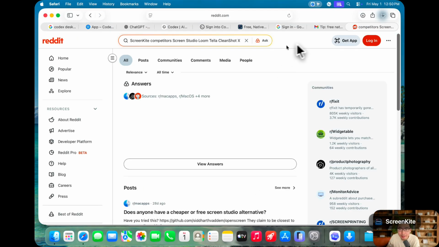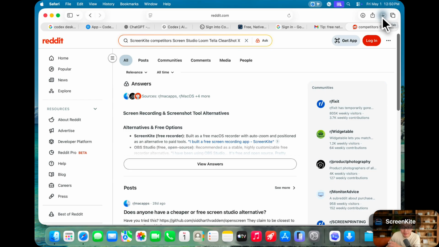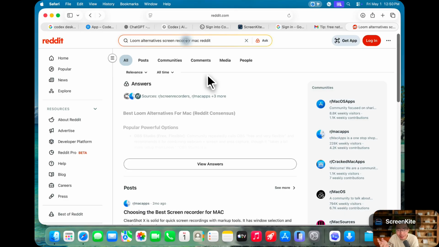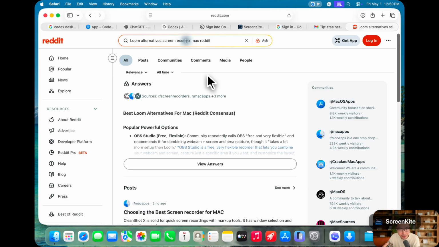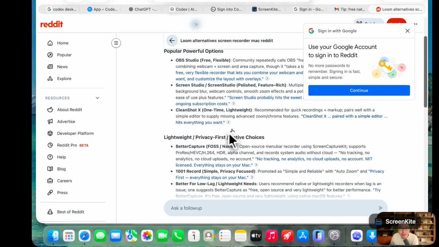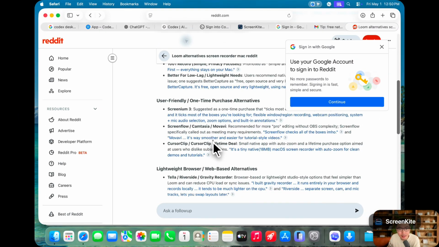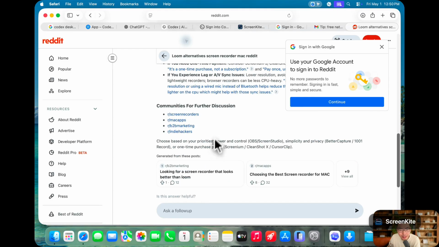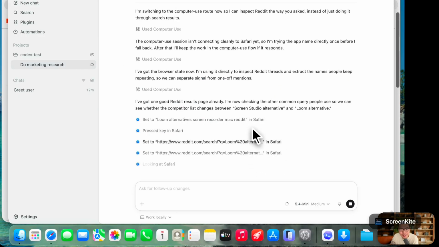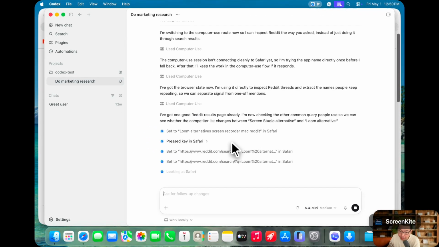And you can see on the top right-hand corner this kind of different cursor, and it can browse Reddit for you, and you can see all the competitors. It's just like your colleague, right? Very interesting. And you can see all the things or suggestions and whatever. It's very amazing, right? So basically this is the computer control